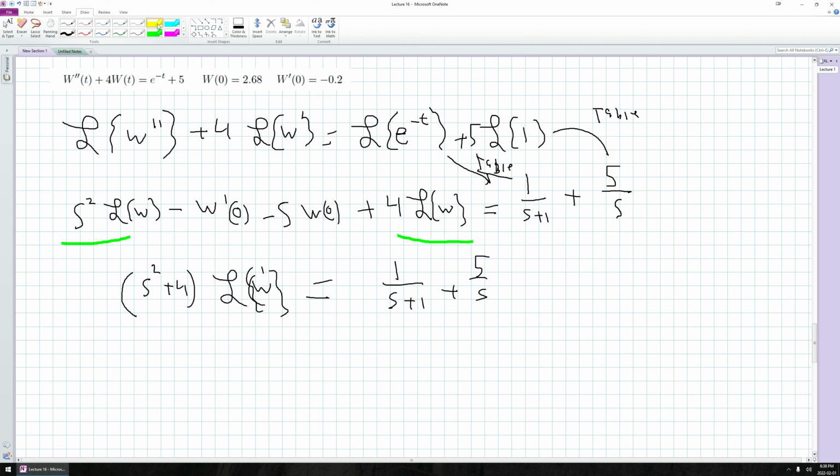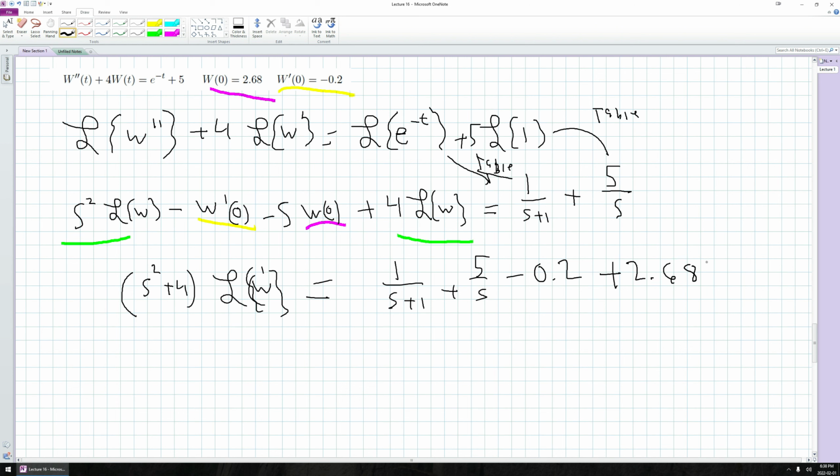I'm going to take advantage of the fact that this thing is this thing, and this term is this term, and that other term is this term here. Okay, so if I plug in this initial condition at the same time that I bring these over, here I'd have negative 0.2, so that's plus 0.2, so minus 0.2 here. And here I'd have negative this, so when I add it, I'll get a plus